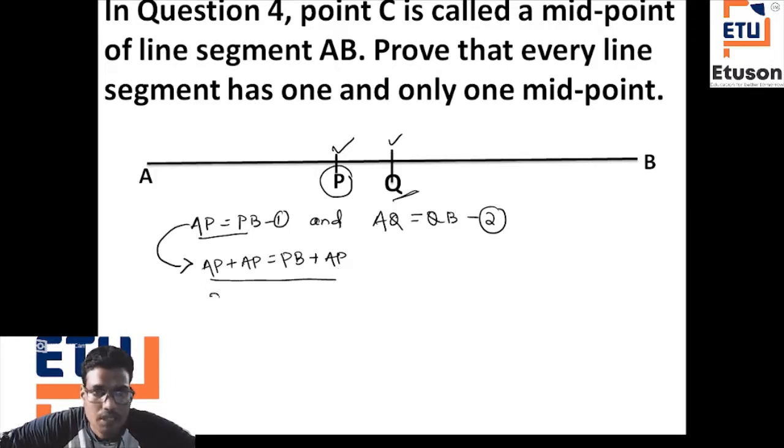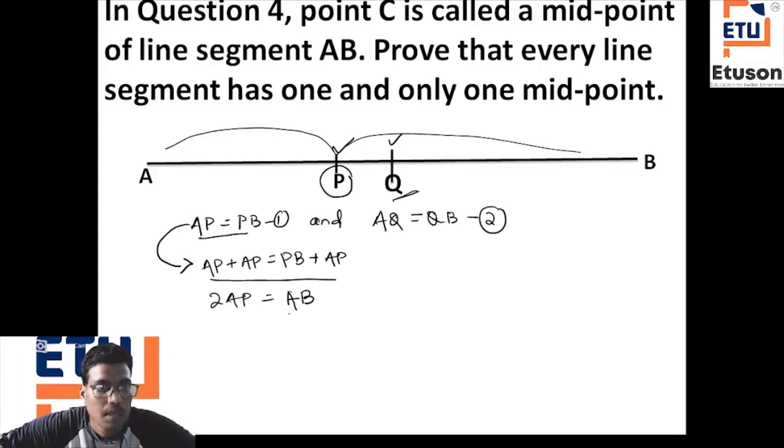AP plus AP is nothing else, it is 2 times of AP, which is equal to PB plus AP. Let's check. P to B plus A to P. So it will become AB, right? Am I right or wrong? It will become AB. PB plus AP is equal to AB, right? Similarly,